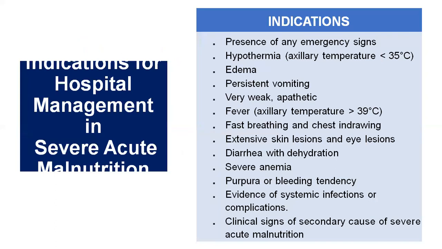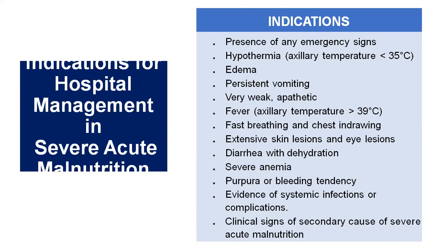So what are the indications for hospital management in severe acute malnutrition? If the child has any emergency sign, if the child has hypothermia, meaning axillary temperature less than 35 degrees centigrade, if there is edema, if there is persistent vomiting so that the child is unable to have a proper intake of food, if the child is very weak and apathetic, if the child has fever, axillary temperature more than 39 degrees centigrade, if the child has fast breathing and chest indrawing, signifying that the child has pneumonia,